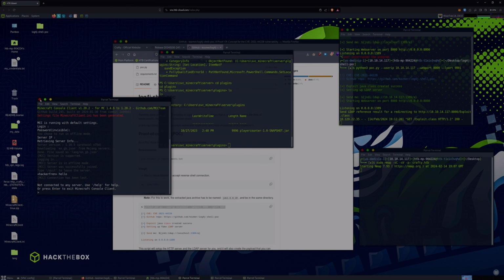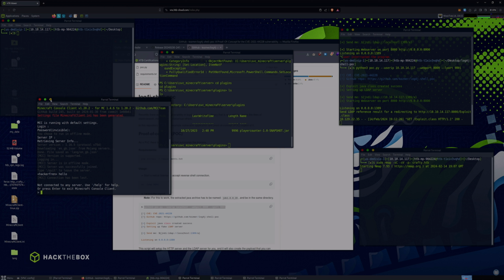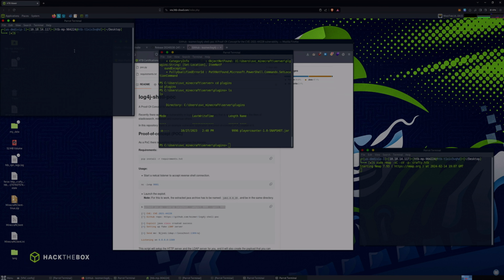We can do that really easily. We don't really need any of these, so let me just get rid of these for now. We'll need to start an SMB server, so we'll do sudo impacket-smbserver with smb2support, and then we'll have the share be called share. We'll locate it just at our desktop,